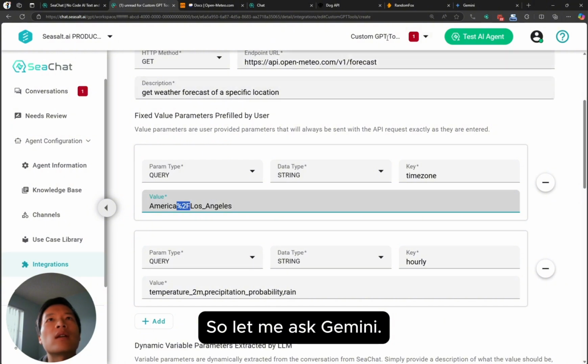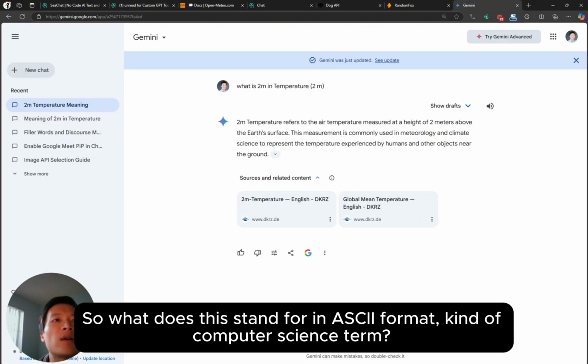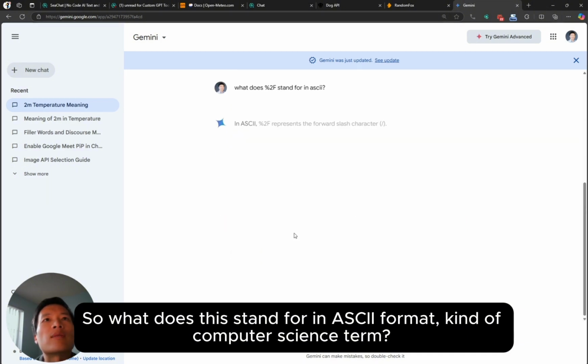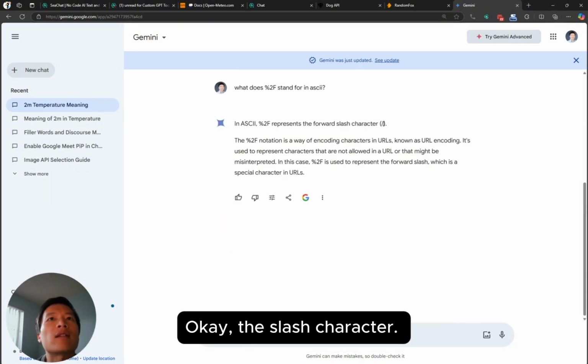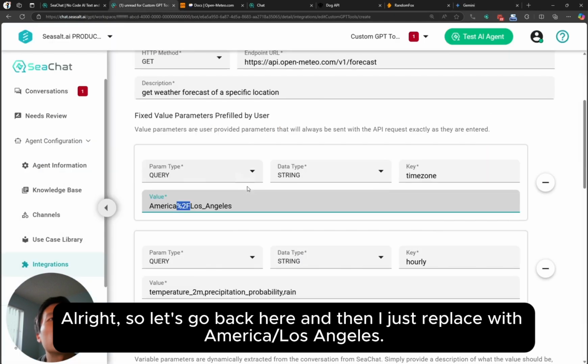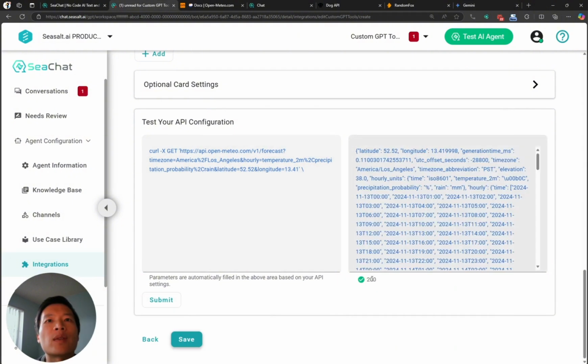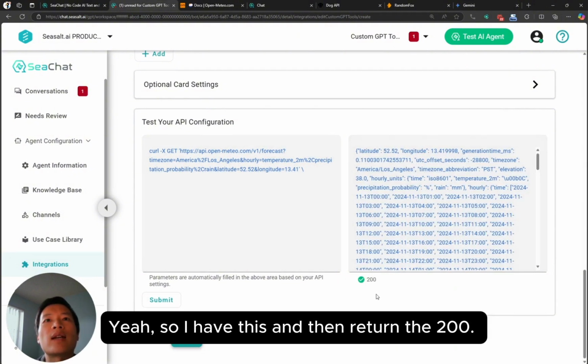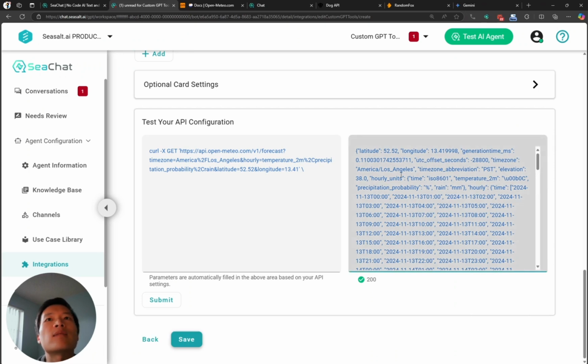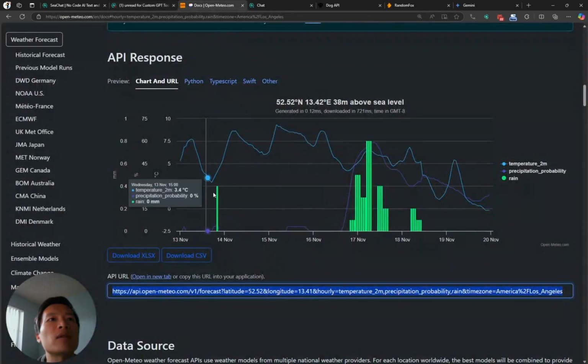So I would just say, okay, let me ask Gemini. So what does this stand for? In ASCII format. Kind of computer science term. Oh, okay, the slash character. Okay, all right. So let's go back here, and then I'll just replace America with Los Angeles. I have this URL assembled, and then we're gonna test this again. Oh, okay, great. Yeah, so I have this, and then I return a 200, and that's probably exactly the same kind of response